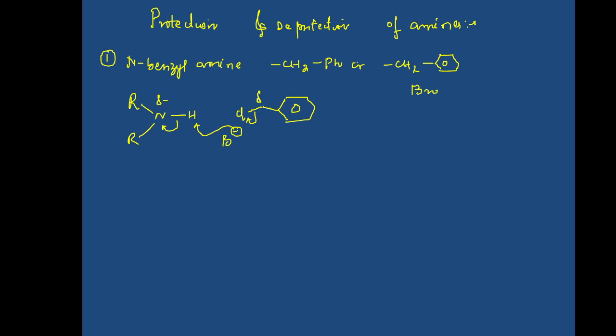Now this leaving group leaves and this carbon is delta plus. This negatively charged nitrogen attacks over here, as a result of which our nitrogen atom, that's the nitrogen of the amine, gets protected. So we have basically protected our nitrogen atom. Now this is CH2 and this is our benzene ring. So why do we need this protection? In the case of multifunctional compounds, compounds which contain multiple functional groups, if we selectively want to react a particular functional group, then the other groups need to be protected. Now this is how amines can be protected.